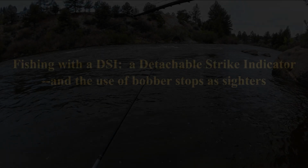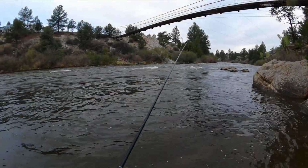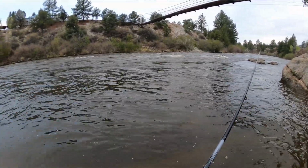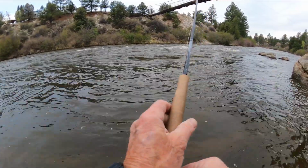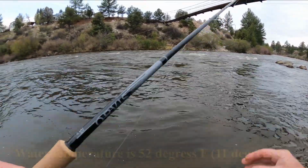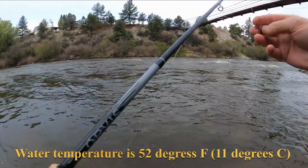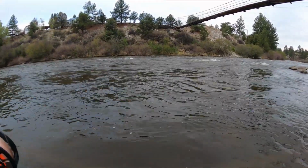So I'm fishing here on the Arkansas River. I'm just below the Footbridge at Nathrop. The flow is about 1,200. It's come up about 200 cubic feet per second overnight, and it's off color. It was much clearer yesterday, but I'm fishing